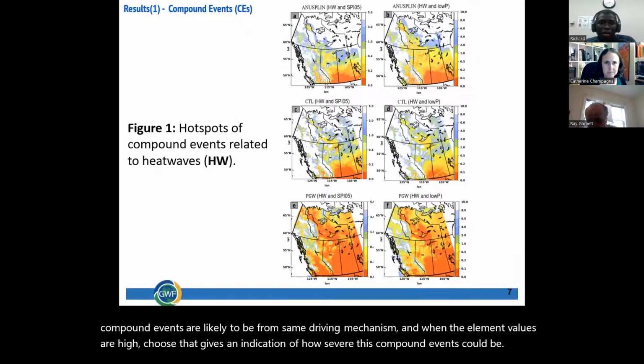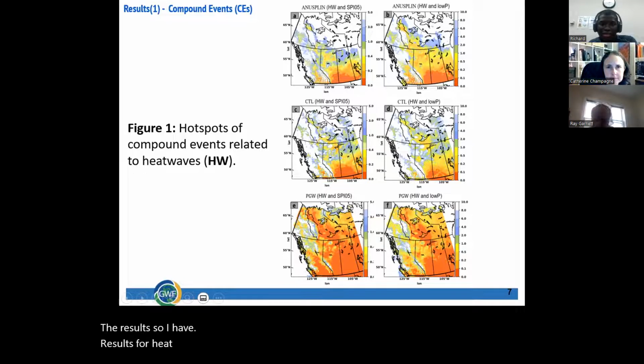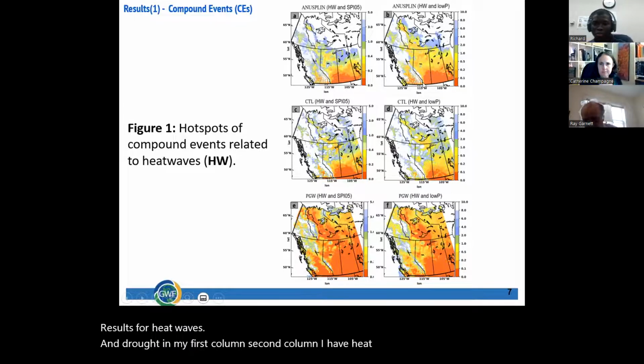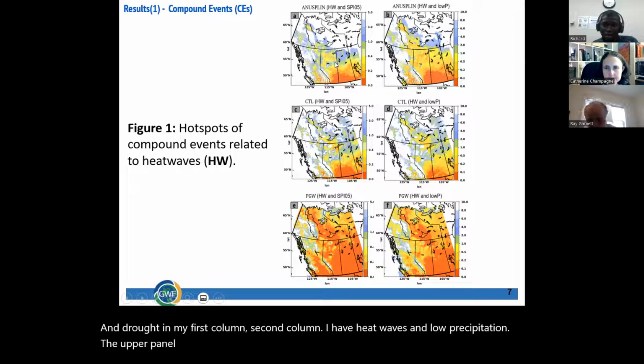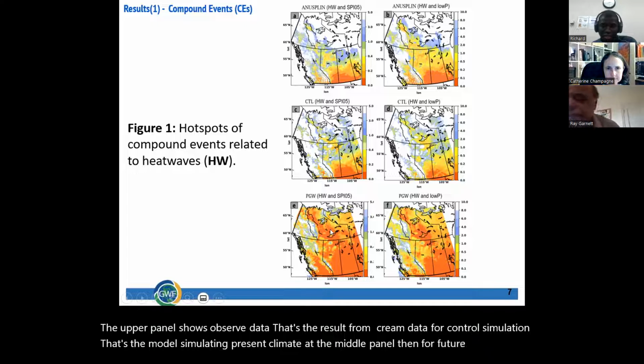The results. So I have results for heat waves and drought in my first column. Second column, I have heat waves and low precipitation. The upper panel shows observed data, that's the result from annual data. For control simulation, that's the model simulating present climate at the middle panel, then for future projection at the bottom